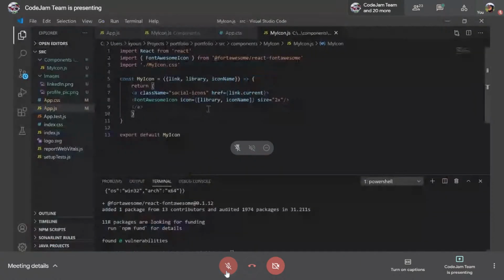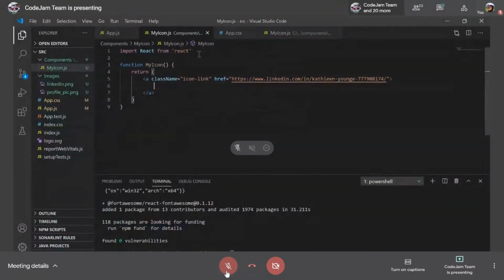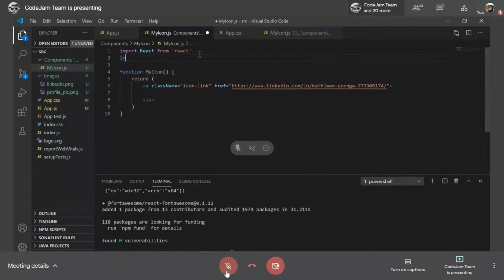And we're going to do the same thing here, which is going to be import LinkedIn from